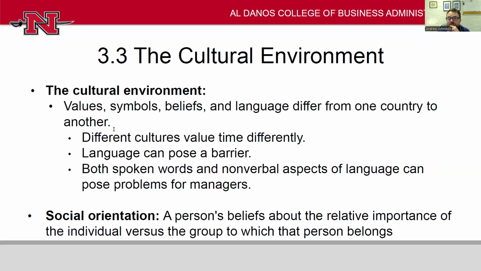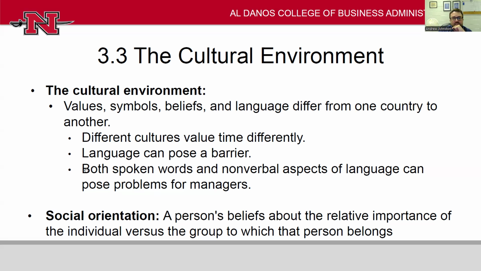Also, the way that words are used, or the commitment that is implied by saying yes or agreeing informally. You think you had a handshake deal, but actually the person in that culture was just being polite to you, and you don't have a deal at all, and you didn't realize it. These unspoken cultural aspects can cause companies to stumble, can cause international managers to stumble.